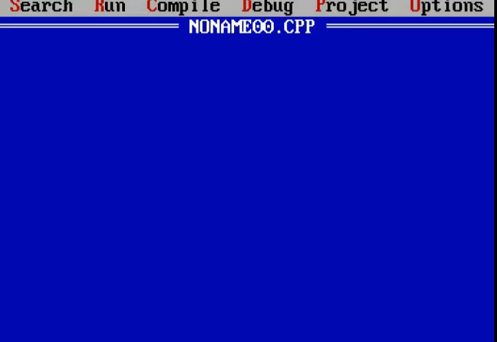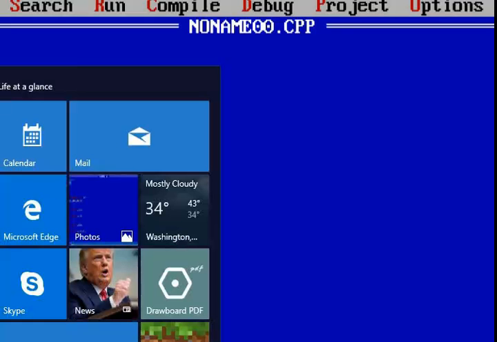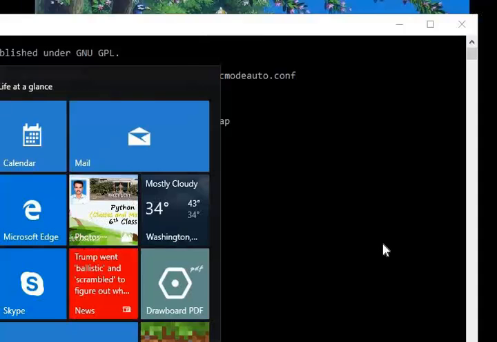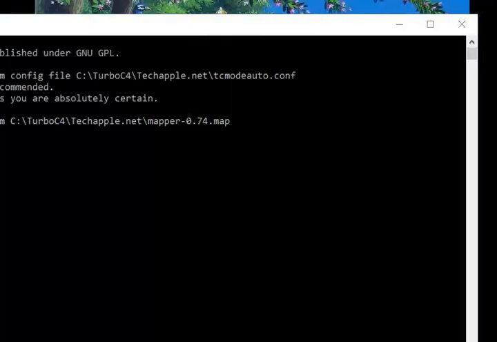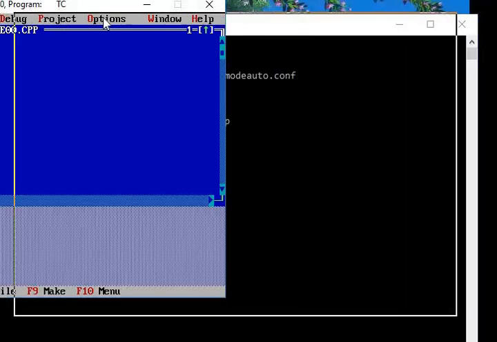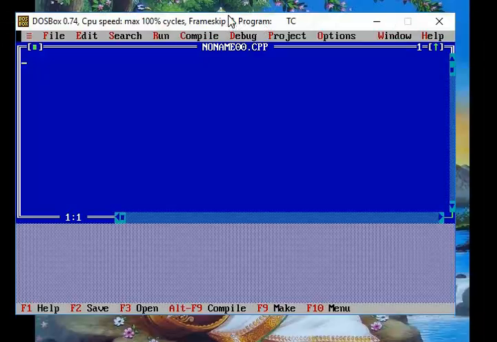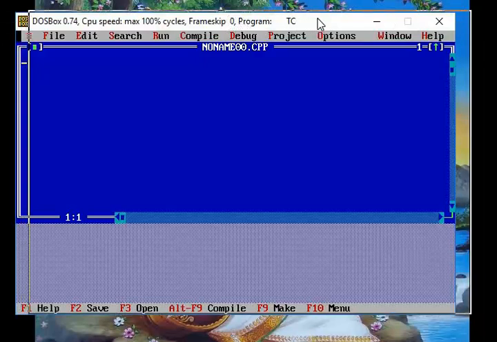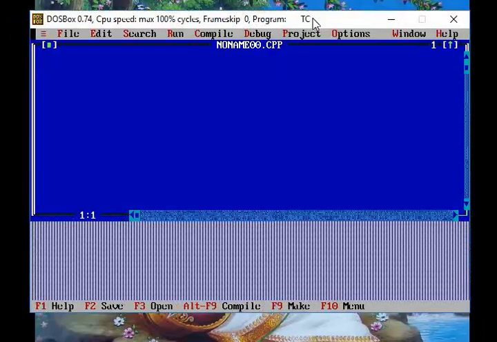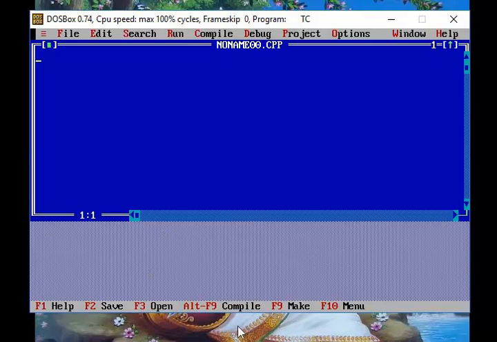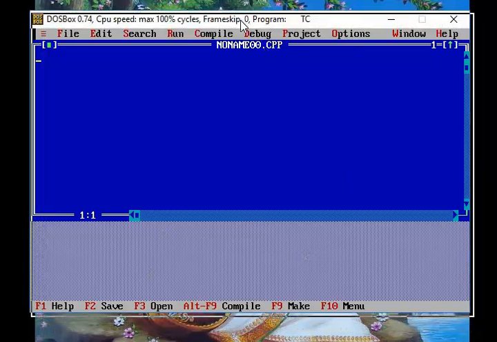We get the Turbo C++ editor with background color as blue. Now you can see that the editor is in front of you. I hope all of you are able to see this editor. Very good. Now in this editor only we are going to write the C programs. Now, in order to write the C programs in this editor,